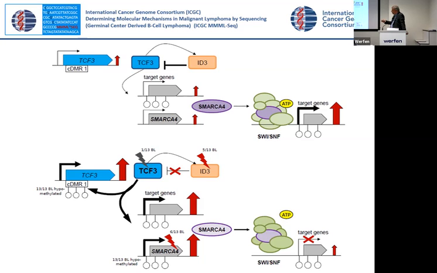What happens in case of activation of TCF3? You have either ID3 mutations or TCF3 mutations. You have a strong demethylation of this differentially methylated region. That's like a green traffic light. It allows transcription, a lot of transcription. So this traffic light, which is here probably yellow, is here green. So a lot of transcription going on.